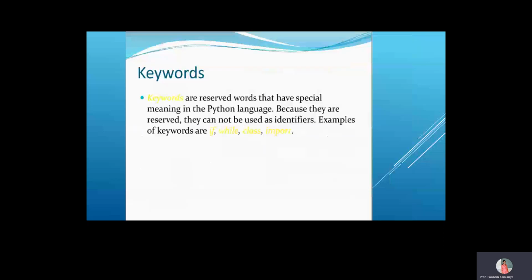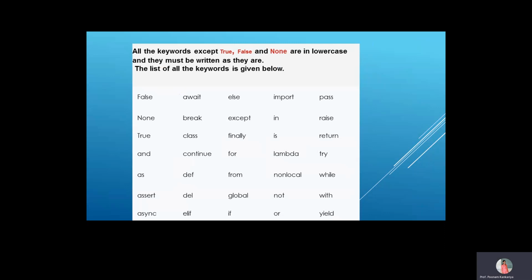Now we see about Python keywords. Keywords are reserved words that have special meaning in the Python language. Because they are reserved, they cannot be used as identifiers. Examples of keywords are if, while, class, import. These are some examples of Python keywords. There are 32 keywords in Python. All keywords except True, False and None are lowercase and they must